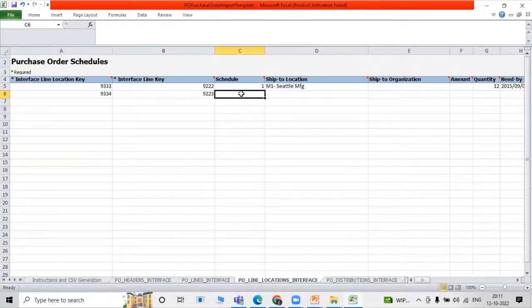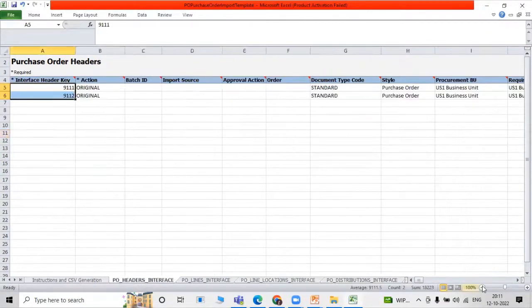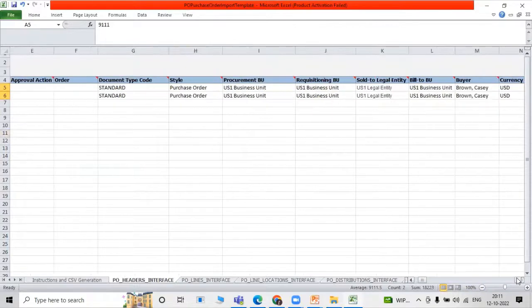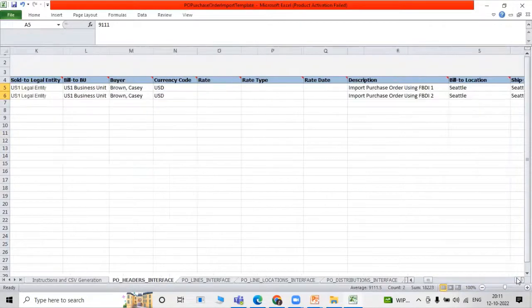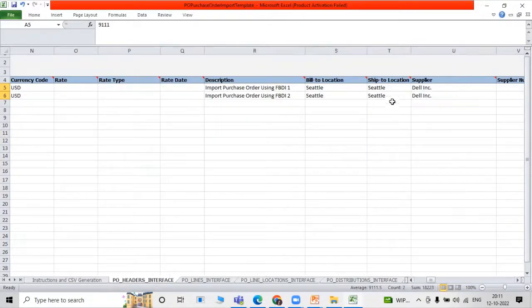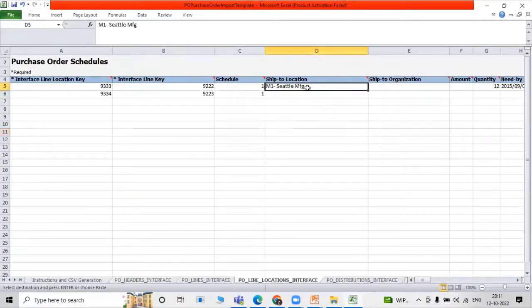So schedule is the same. Ship to location we have already defined in our first step. You can see ship to location. We have the ship to location. You can copy from that and paste it over here,